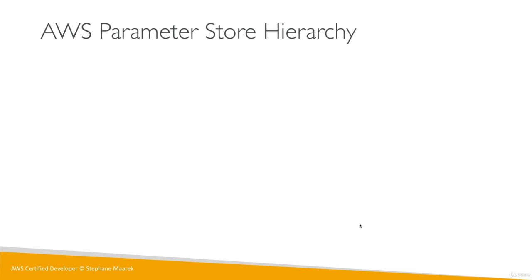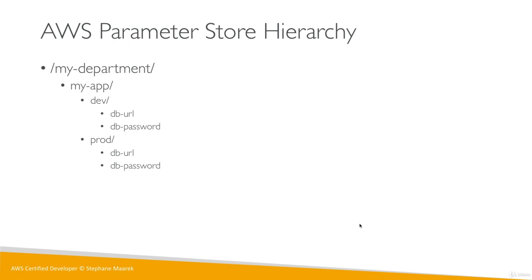In terms of hierarchy, here's what the parameters look like, and you're free to name them however you want. For example, you have my-department, and in my-department you have my-app, you have the dev environment, and under dev you have the database URL and the database password. We may have a prod environment under which you have a database URL and database password. So the same hierarchy, but we can have other apps under my-department, and we can have other departments. Think of it like a giant tree, and you can organize that tree however you want. Some people have it department-centric, some app-centric, some environment-centric. All that matters is that you define some kind of hierarchy and convention for how you define your parameters.